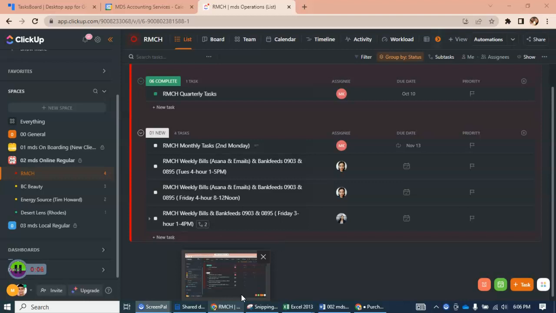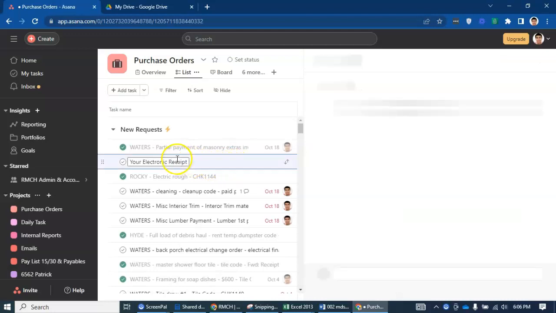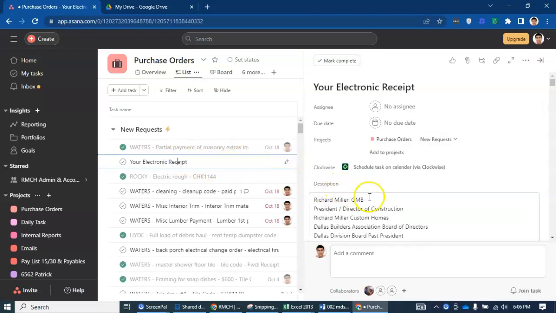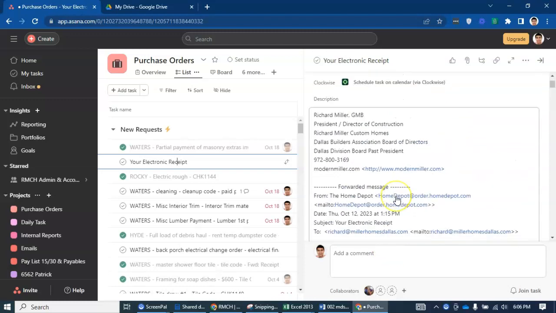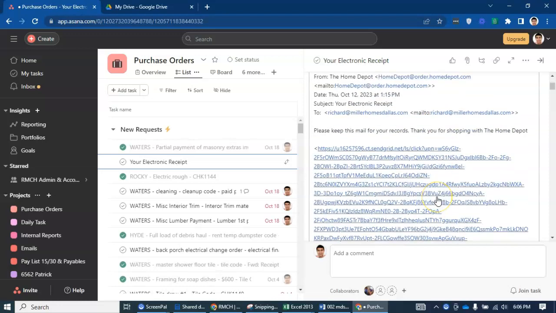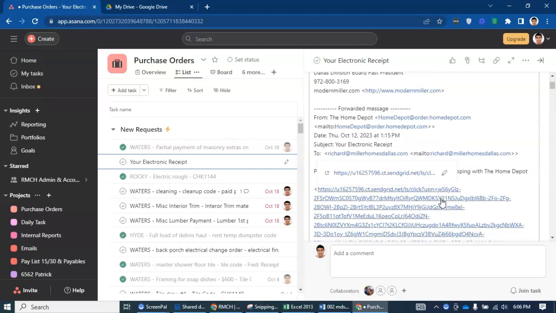Assuming you are working with Asana, and there are bills that have a lack of information that we need to ask about. For instance, this one does not have a job.